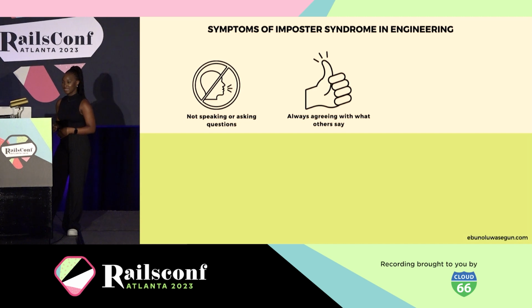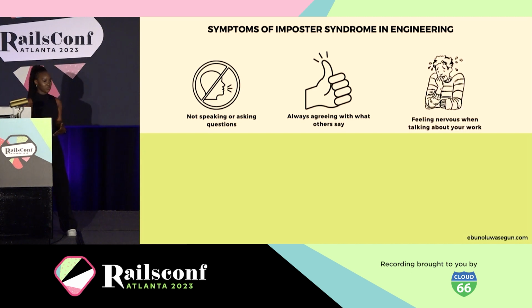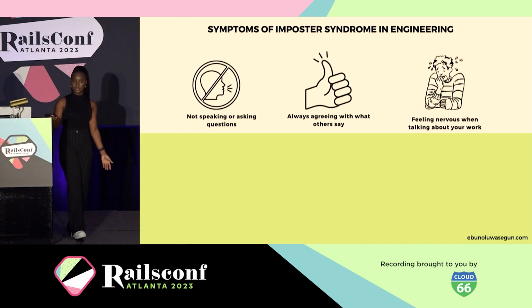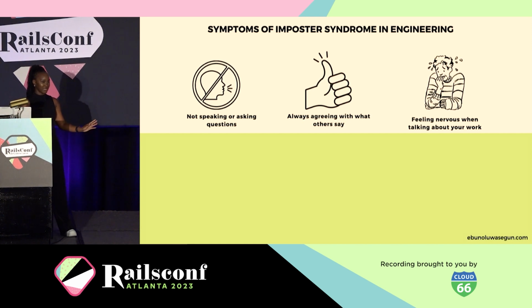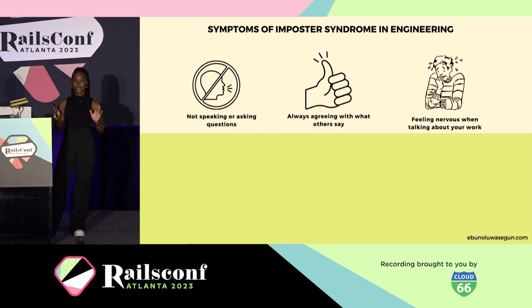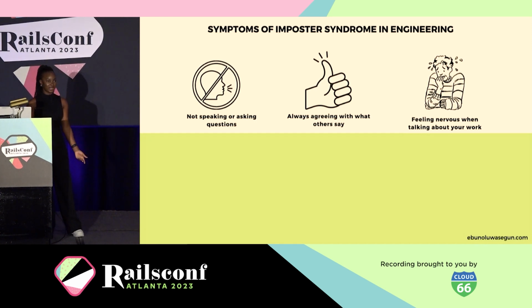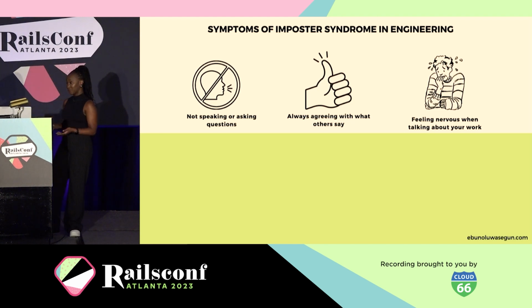Another symptom is just always feeling nervous when you have to talk about your work. So somebody asks you, oh, what are you up to these days? What are you working on now? And you quickly gloss over 2 or 3 sentences telling them what you're working on, and then you quickly throw the question back to them, how about you? What are you working on? And you talk them out of asking you any questions about your work again. That right there is a symptom of imposter syndrome. And you're nervous to talk about your work because you feel like the more you talk, the more people will think that you're a fraud.